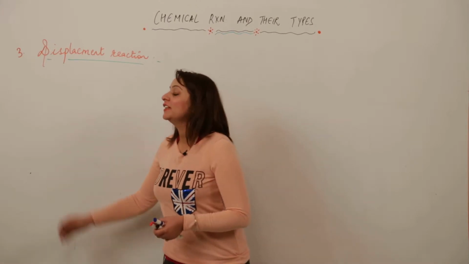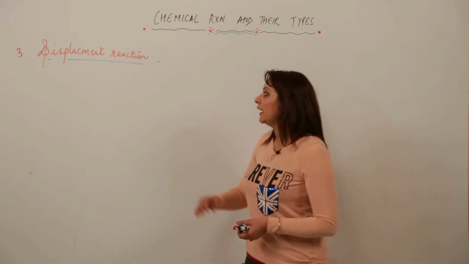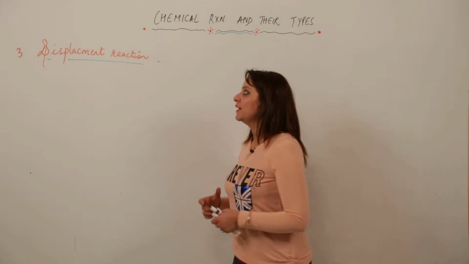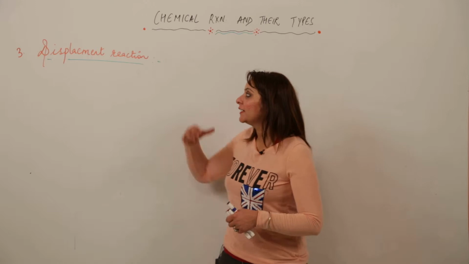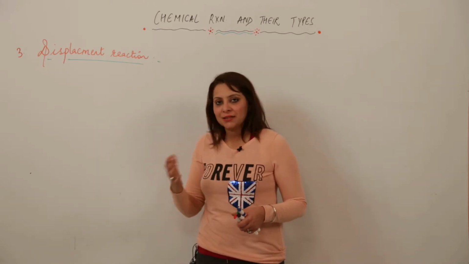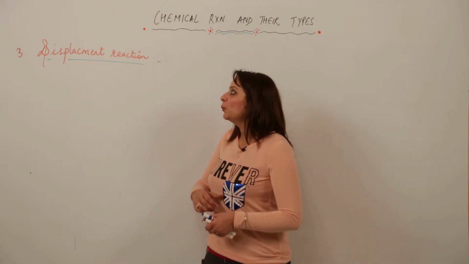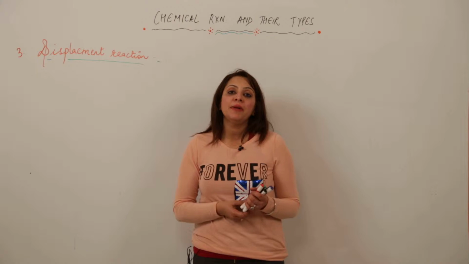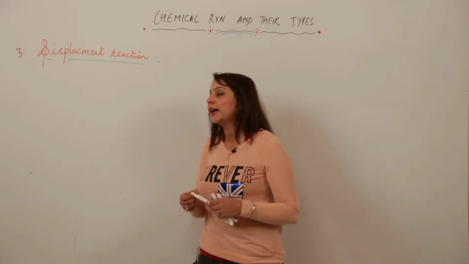Now we are taking up the third type of chemical reaction, that is the displacement reaction. As the name suggests, in this reaction a displacement will be occurring. Displace means change in place of elements, right. So before we take up the displacement reaction, you need to be familiar with the reactivity series, what actually that